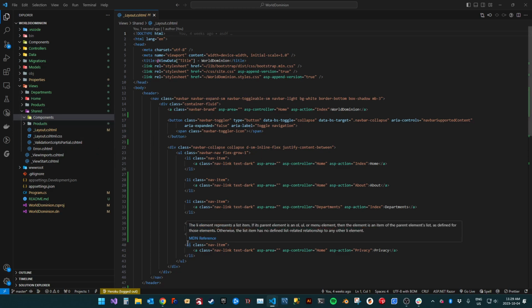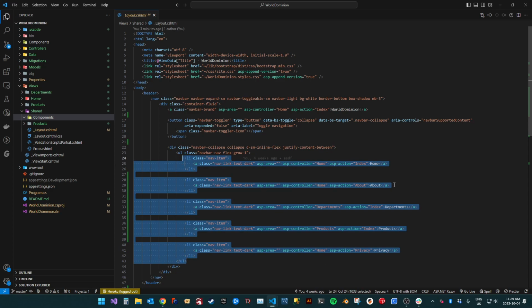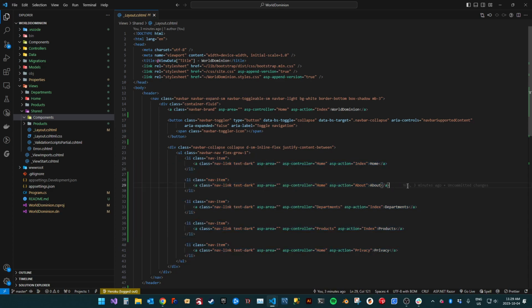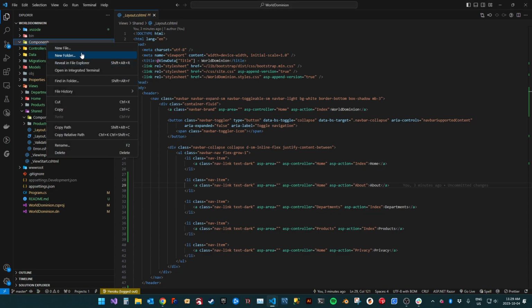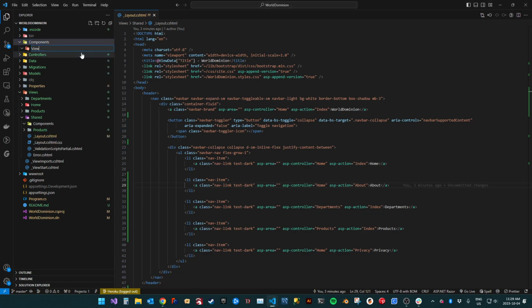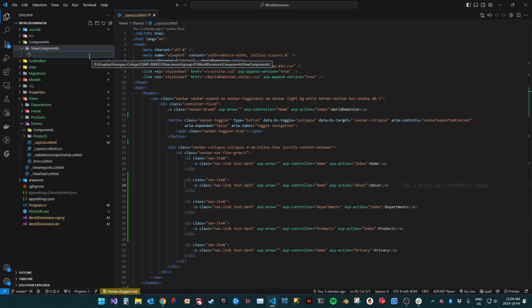I want to create a navigation menu component. I'm going to take this whole nav and put it into my component. I'm going to require a few different pieces here. One piece I need is a folder in this components folder called view components. Sorry, this is also a staple that you need. But in there, I'm going to create a new file, and this is unique to the component you're creating. So navigation menu view